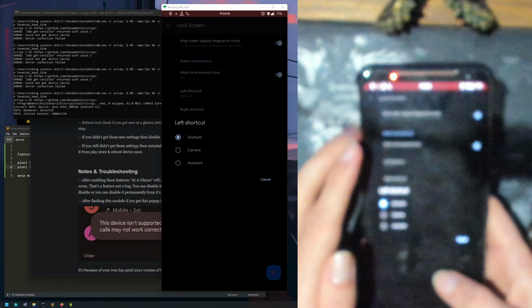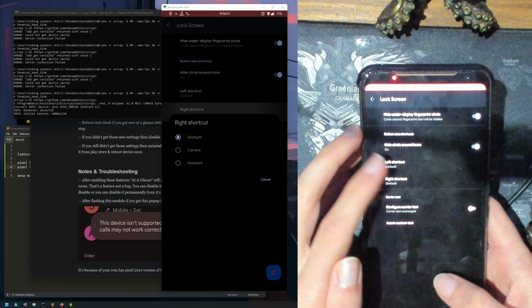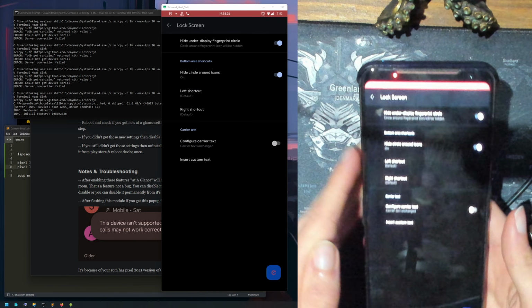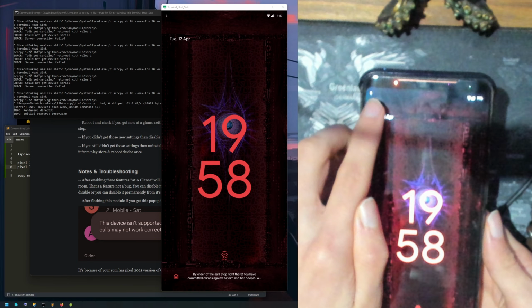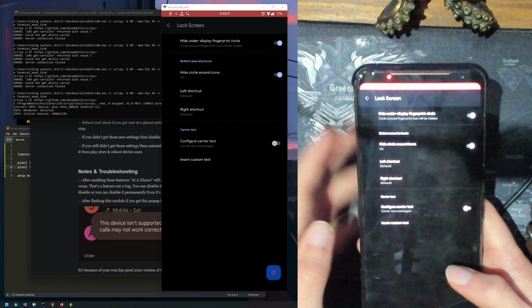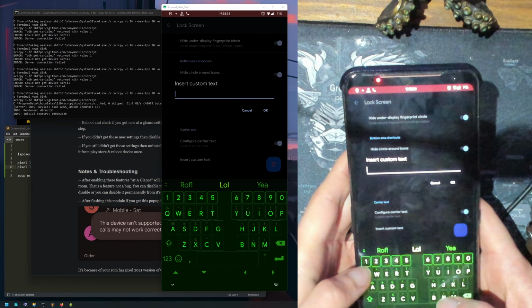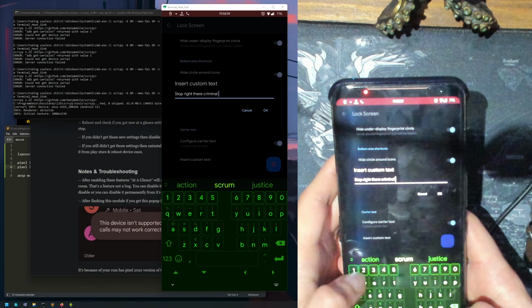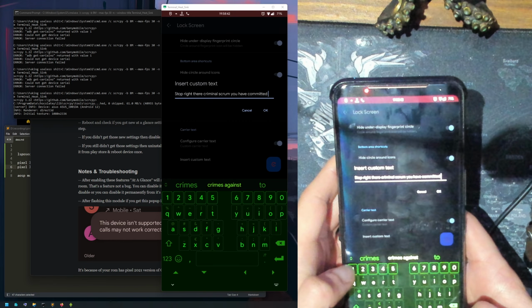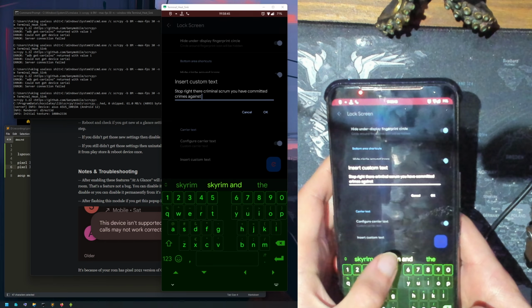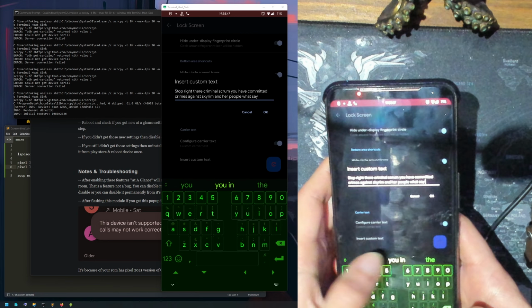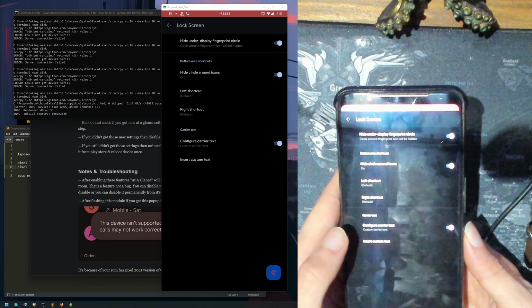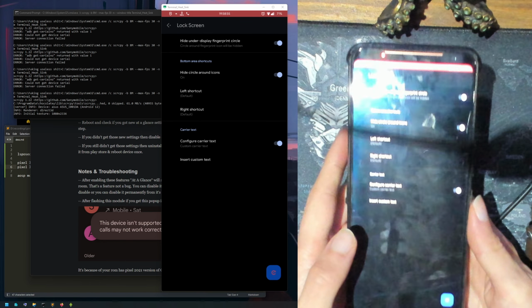Left shortcut, camera or assistant. Okay, yeah, I don't want these things. And then carrier text. So this is that text thing here. So if I change this, then I type in: stop right there. Criminal scum, you have committed crimes against Skyrim and her people. What say you in defense? If you play Skyrim, you'll know what that is. If you don't,